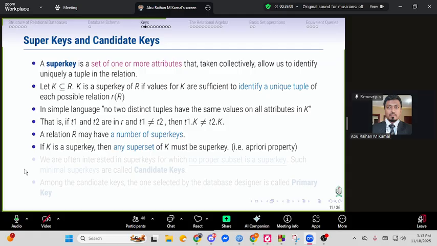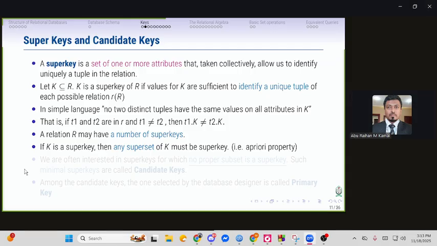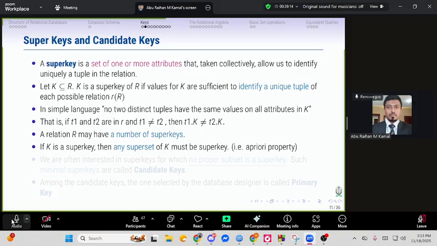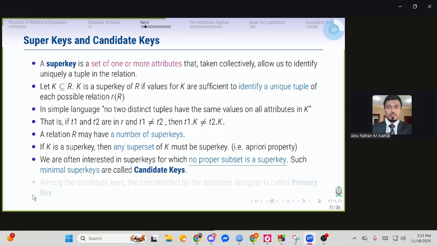Okay, now next is the opposite thing. Let's read out the concept of candidate key. Our interest is not all possible super keys. It's a huge set, normally. One element, two elements, three elements, four elements, all combinations, there will be a lot of things. But we are not interested in every element of that superset. We are interested only in a property, and that property is called